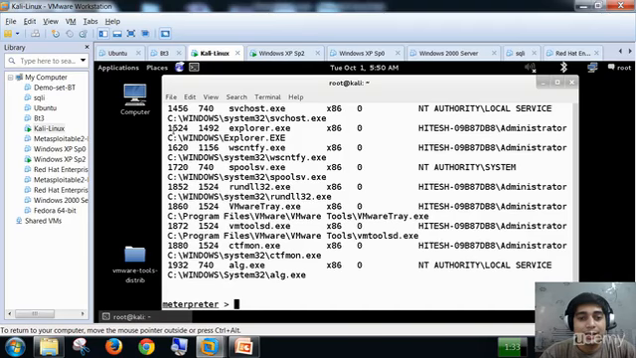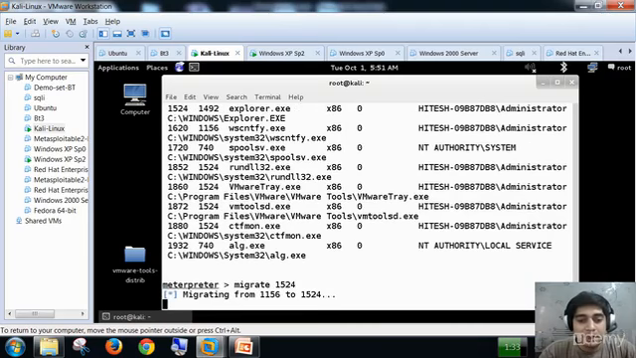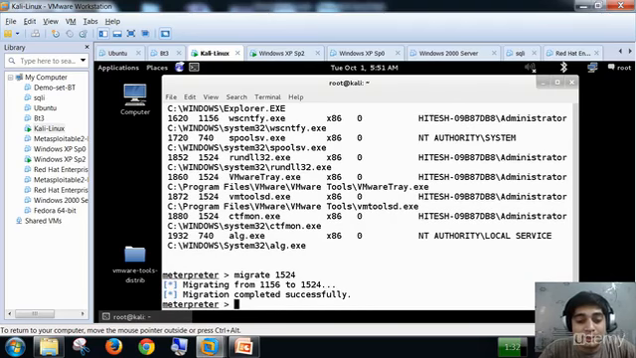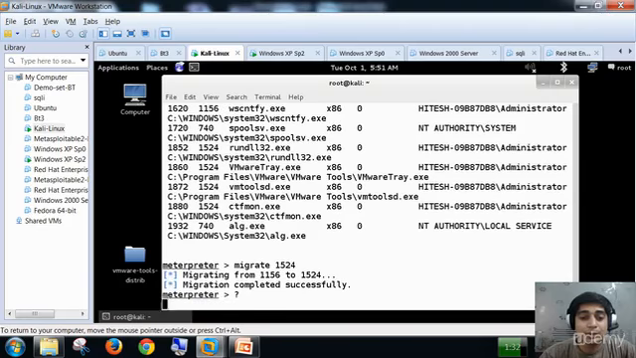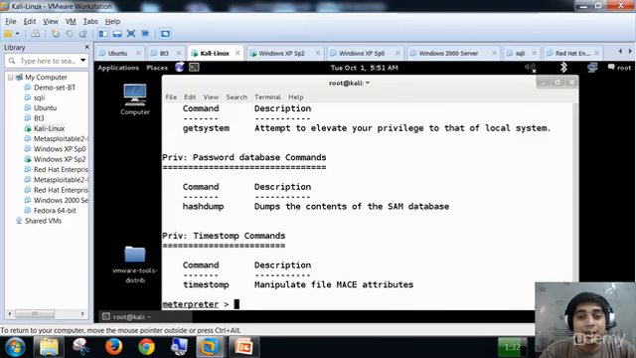So likewise, okay, so here 1524 is the process ID of explorer.exe. To migrate from one process to another, you can simply type migrate and the process ID. For example, 1524, I hope it is the process ID. So it will migrate you from that process to a particular process which has more privileges or more administrative privileges. After that, you can simply hit the question mark and again find out what are the important commands which